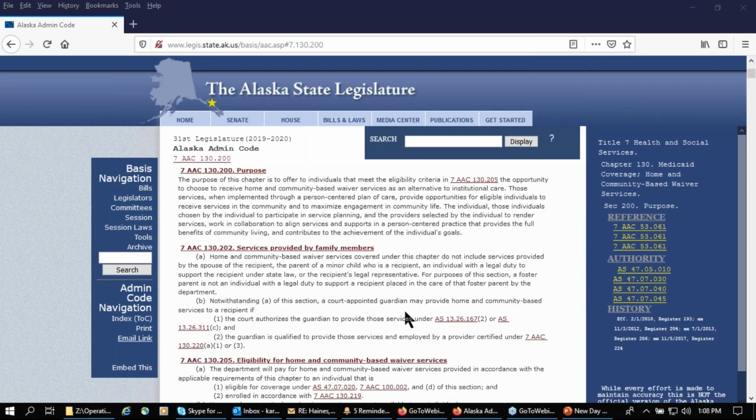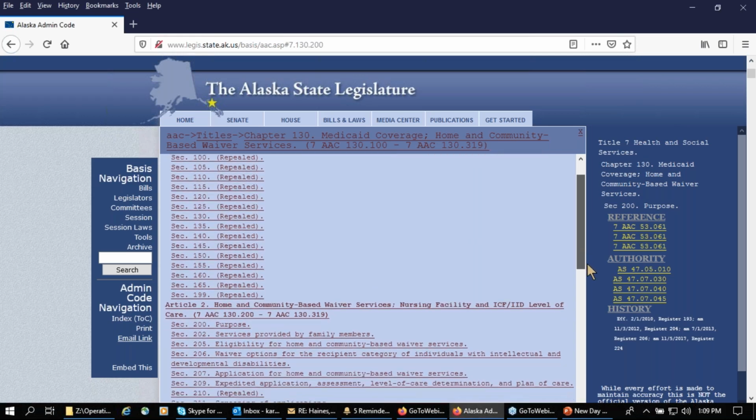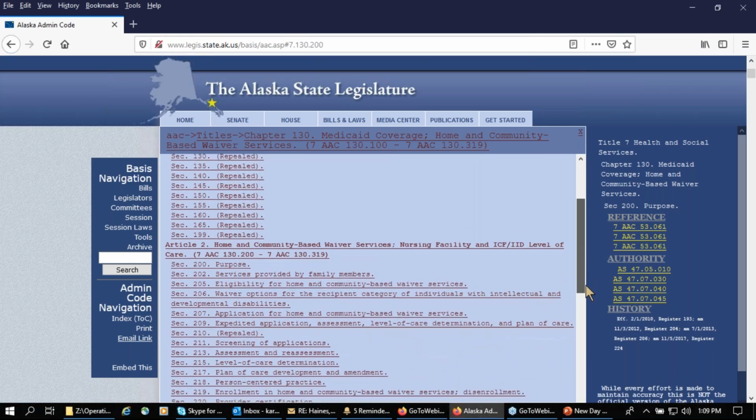And this is a handy tip: instead of scrolling through all of these, you could choose this index, the table of contents. It just says TOC, table of contents, and click on that. It's a handy way to get the long list and click just on what you want, okay?